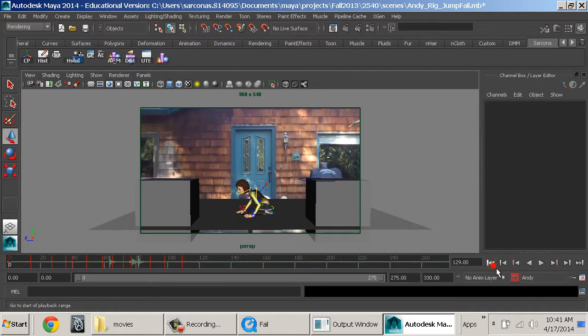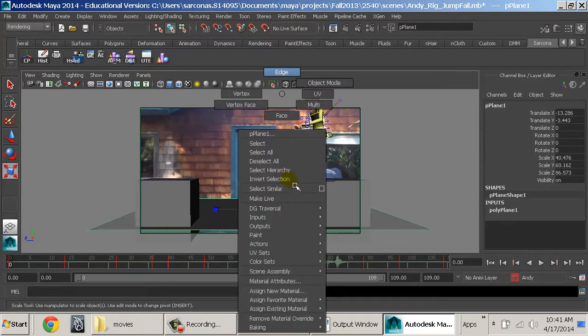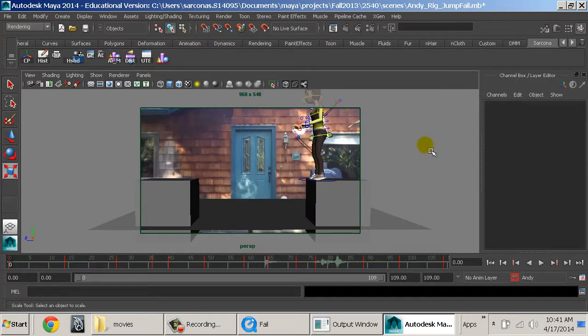All right, so I've blocked out all the way till 109, and I'm just going to shorten my clip here to 109 just so we can kind of focus in on that. And now if I hit play while I'm in this view, so we get a nice preview with the audio, and we can see if everything's kind of working. And it looks like most of the stuff is working, but I think this fall here